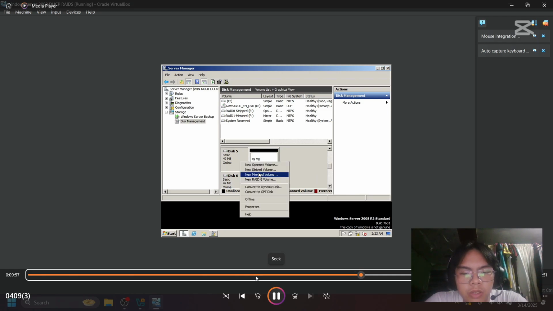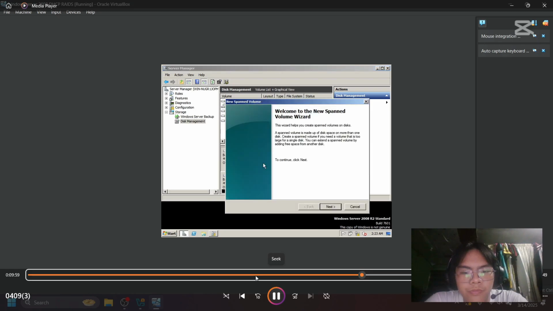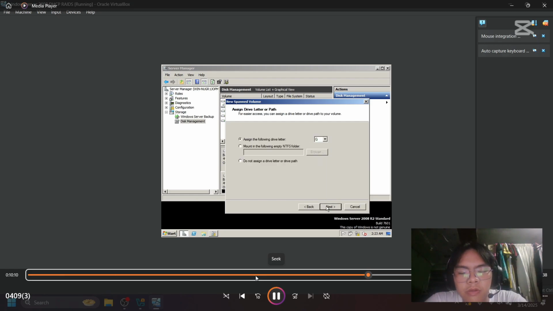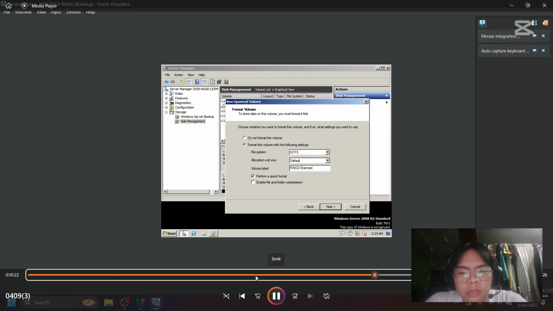Then for the next one is the span. Select two disks, and next, then RAID 2 span.